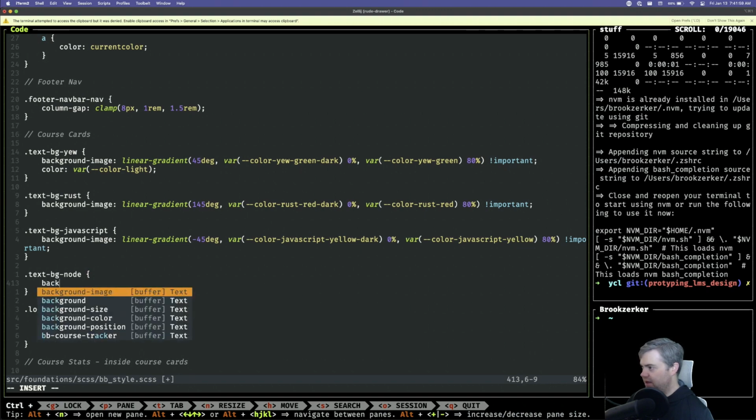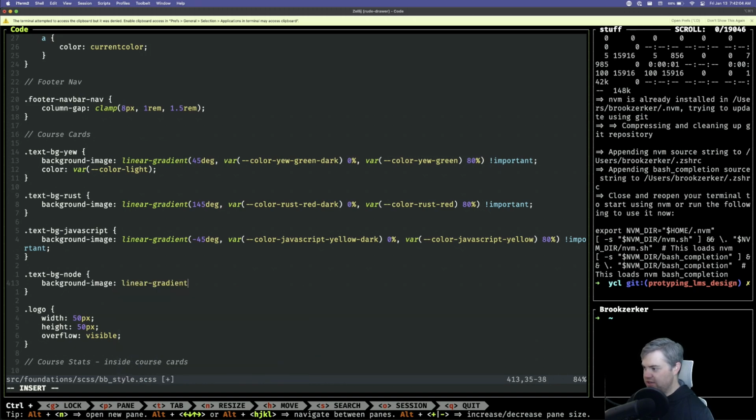Okay, so we're going to have a background image, linear gradient. It's so interesting that you do this as a background image. Interesting. So we can have, he did these at different degree amounts. I haven't really played with gradients very much. They look fun. So I'll just copy the Yew one for right now. So we have, okay, a variable. So we have that